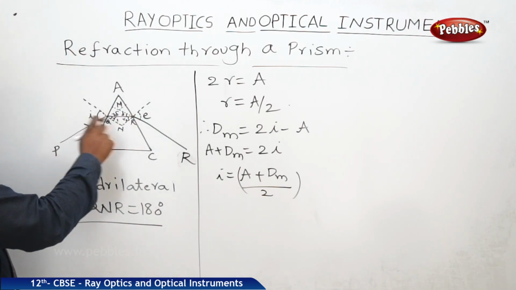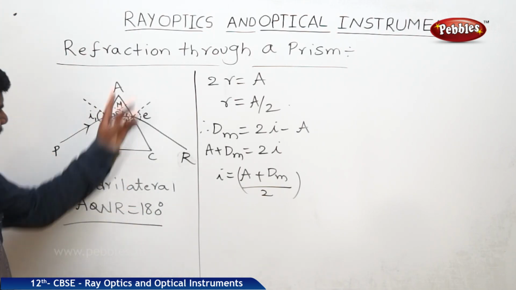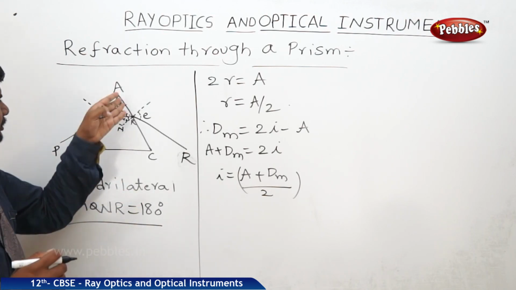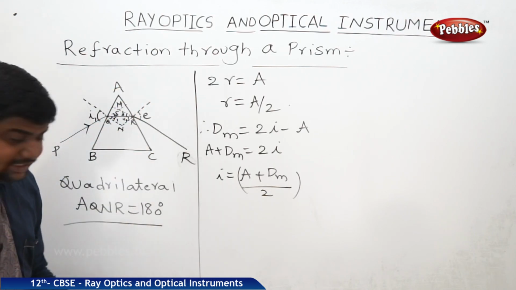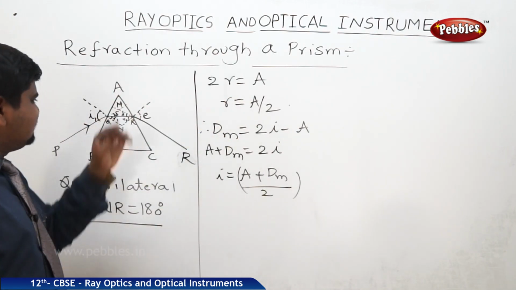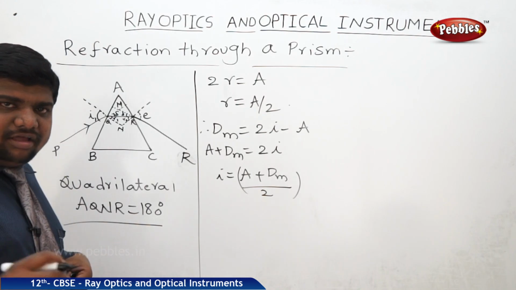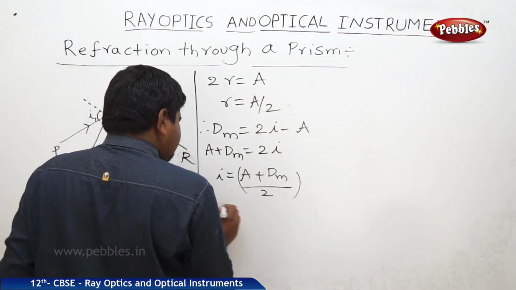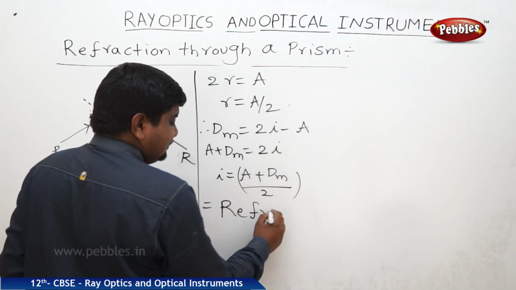So angle A plus angle QNR is equal to 180 degrees. Therefore, AQNR is a quadrilateral. So in this quadrilateral, we write angle A plus angle QNR is equal to 180 degrees. From there, we got these values. So the angle of deviation, angle of emergence and angle of incidence all play the key role in finding the angle of the prism. So in this case, refractive index